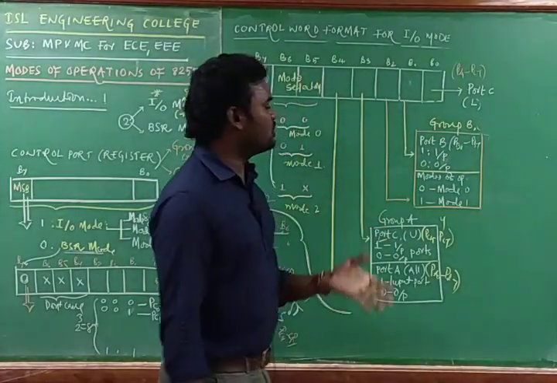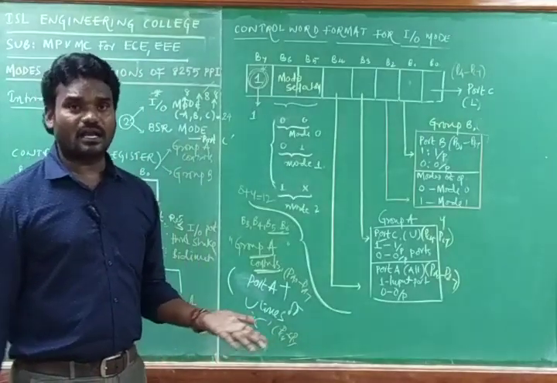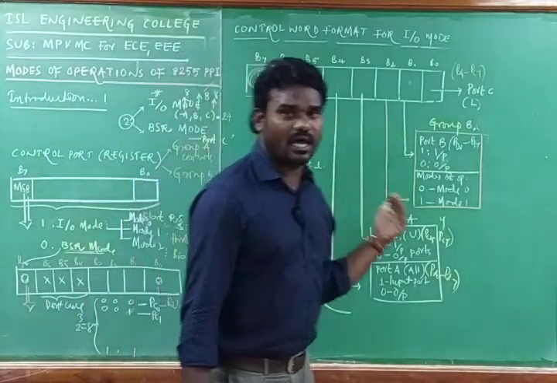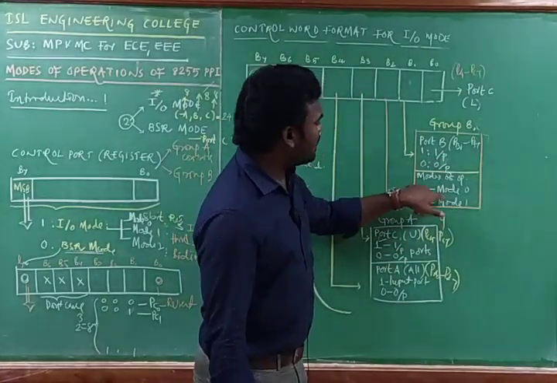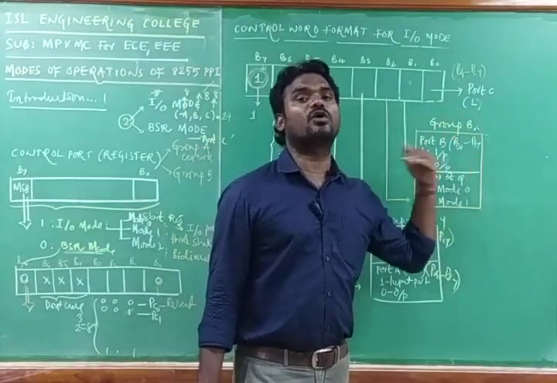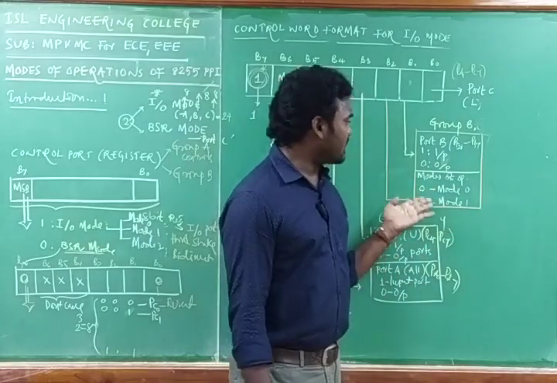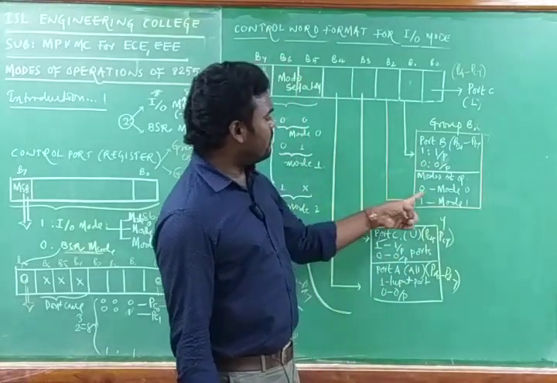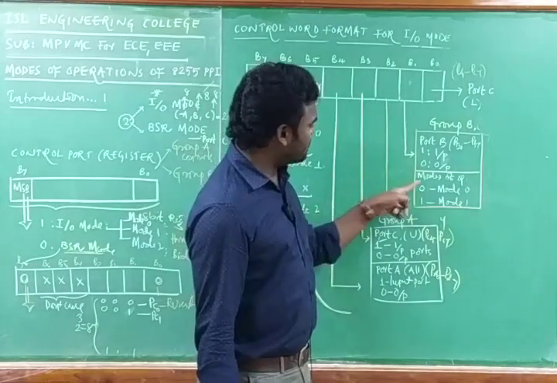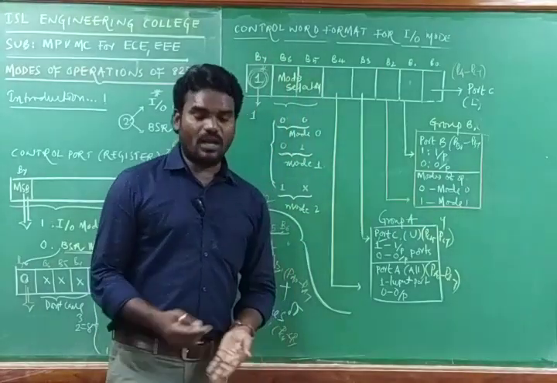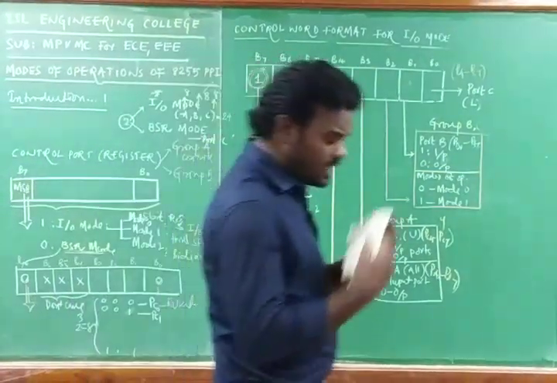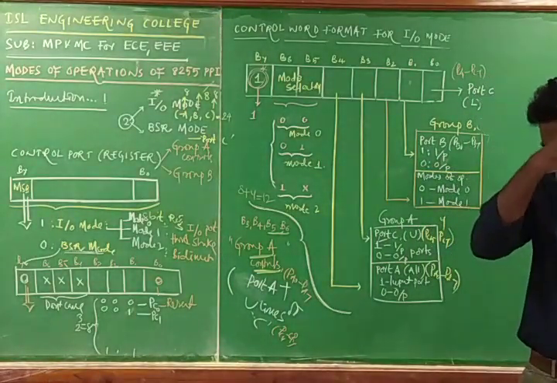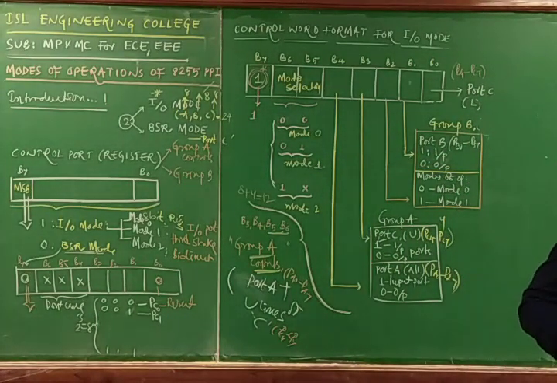And B2 defines the mode of operation of that particular group, the port B signals. For example, if this is 0, the port B signals PB0 to PB7 can act as input signals in the mode 0 operation. Whenever this is 1, the same port B signals will act as the handshaking signals in the IO mode of operation. With this, the various modes of operation of 8255 are completed, and you should remember